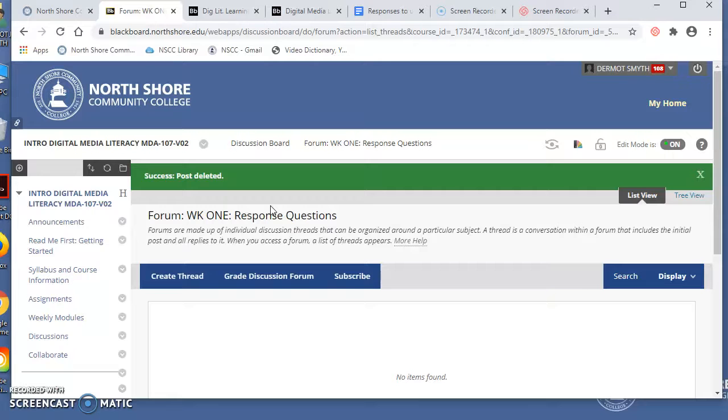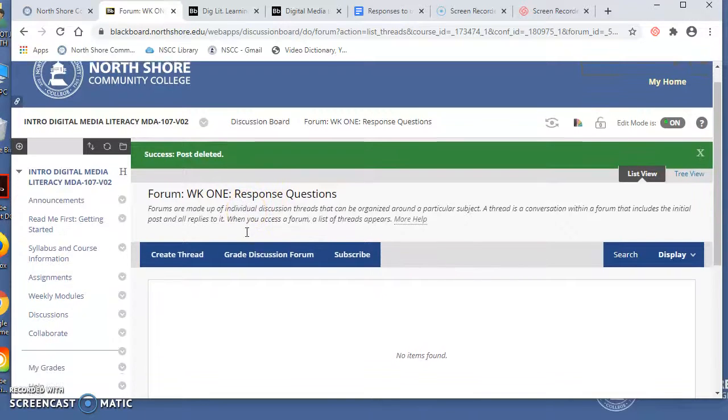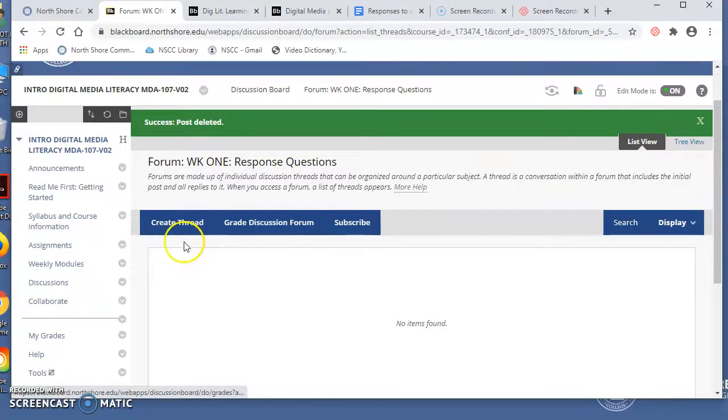It's like, oh, screw it, I did it wrong the first time, and then you see someone has entered the response questions in 3 times because they keep screwing up the cut and paste process. So that's basically it, and that's what we're going to do each week.